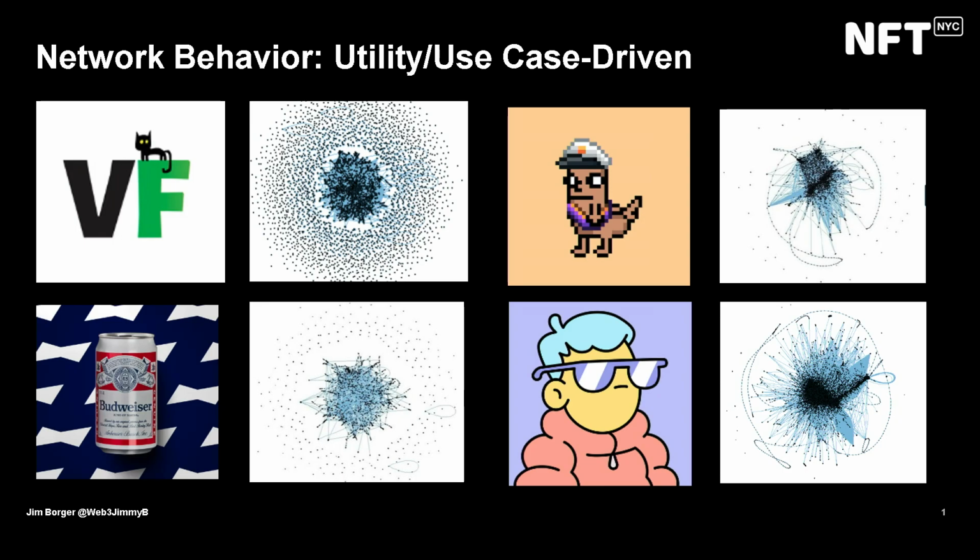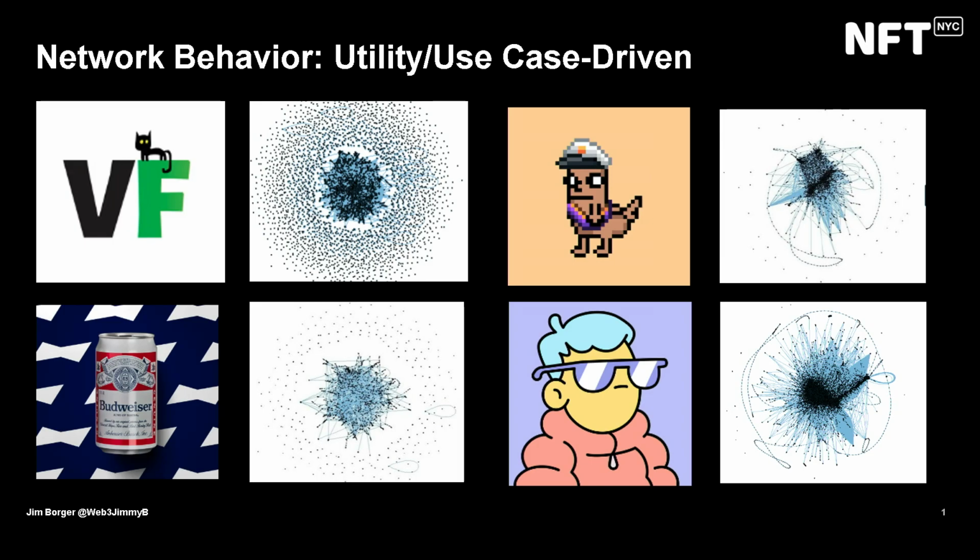Speaking of which, here are 4 different collections in their network graphs, which are also fun to geek out on. So you look at Crypto Dick Butts and Doodles. The dark blue centers represent really active trading activity, and then you see those whiskers on the outside. Those tend to be really high-priced tokens that are changing hands among a small number of people. But then you look at Budverse Heritage cans, not nearly as many tokens, not as much activity, so that looks like what a more typical brand's community might look like.